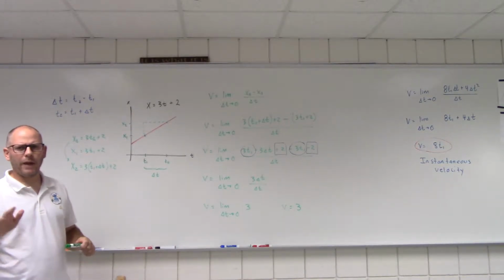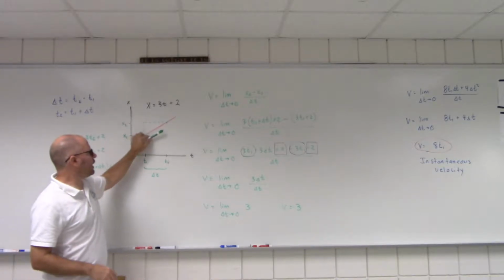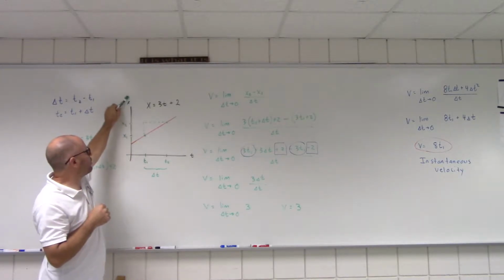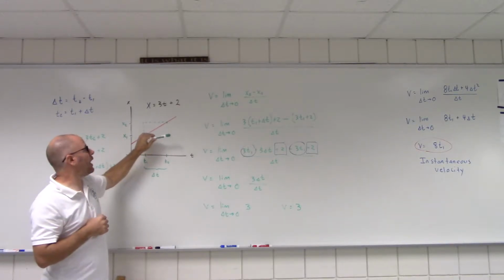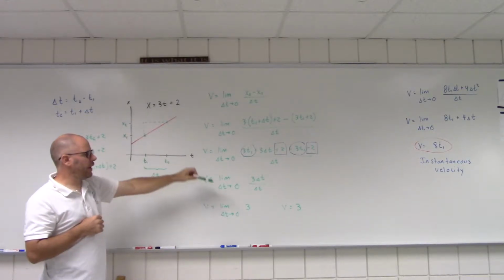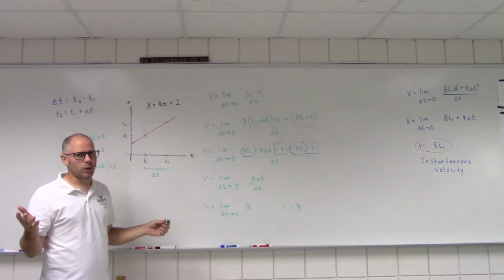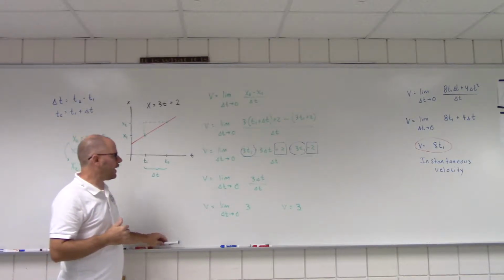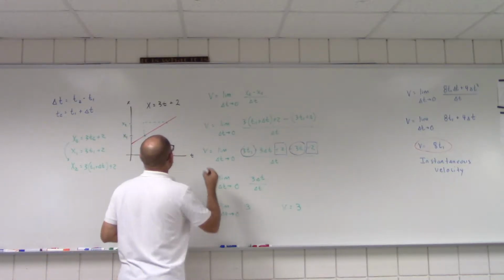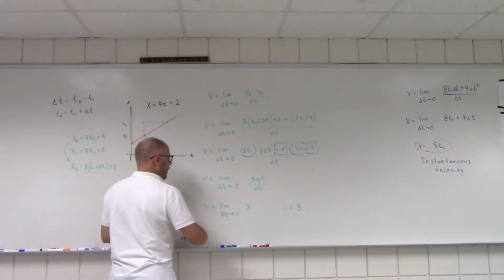Well, I feel like we actually kind of knew that, didn't we? Because if we come up here, if we have a position time graph, our definition is the slope of the position time graph is the velocity. So we knew that the velocity was 3, and we got 3, and that seems pretty cool. So now we're left with this idea of how exactly does this expression